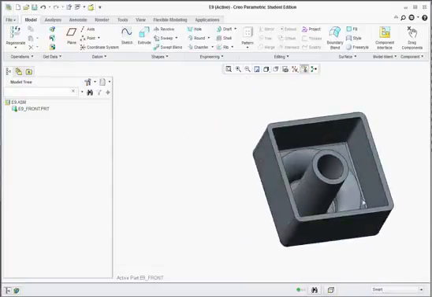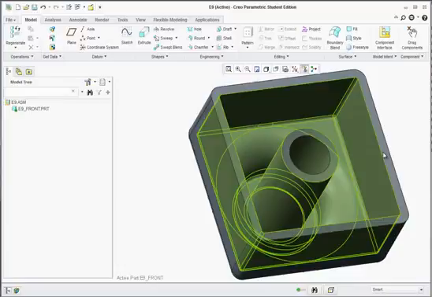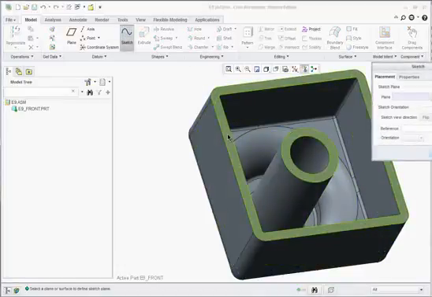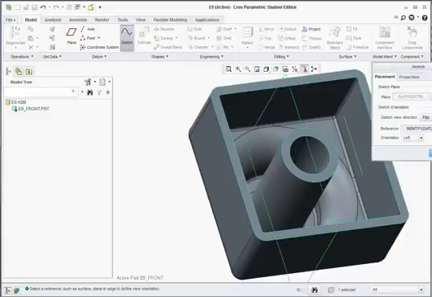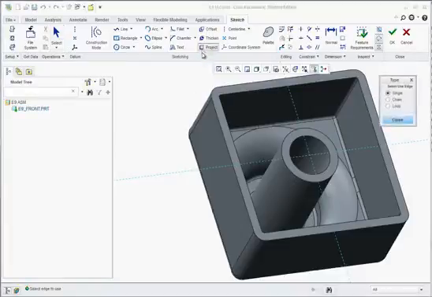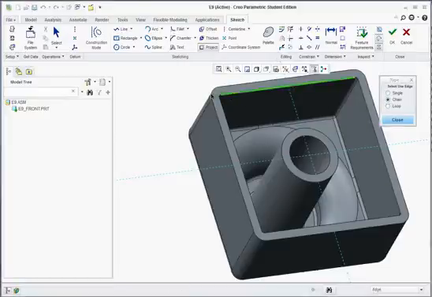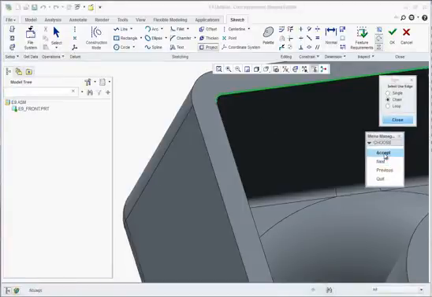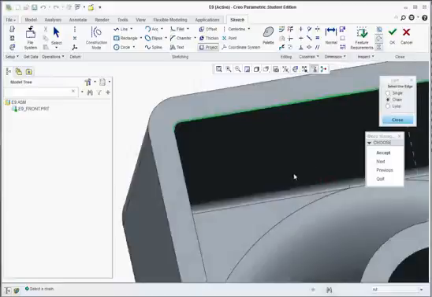Okay, the next thing we need to add is a little lip around this edge. So let's go ahead and find the sketch tool, select this face to start a sketch, hit the sketch button. Now we're going to grab the inside edge here and we're going to project it. So click on project, do a chain. You can select this edge here and then this little fillet,